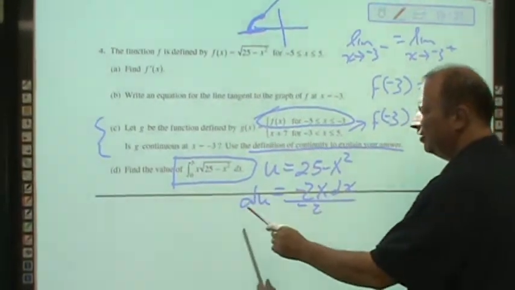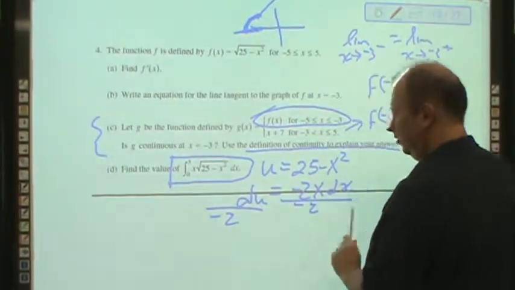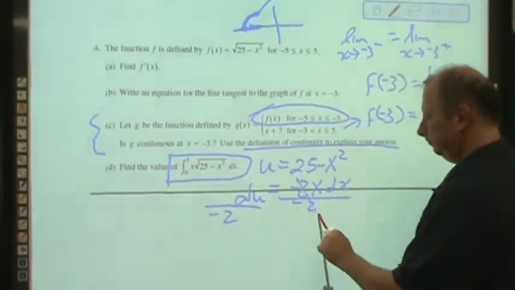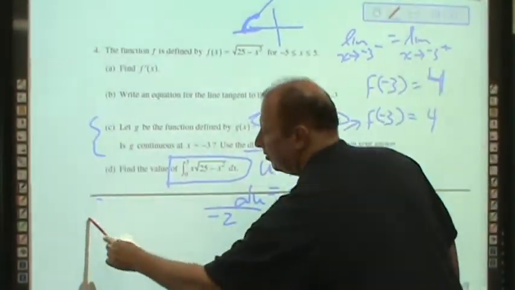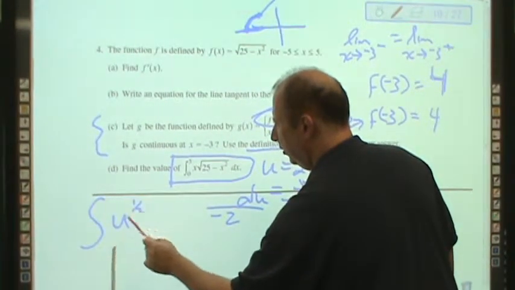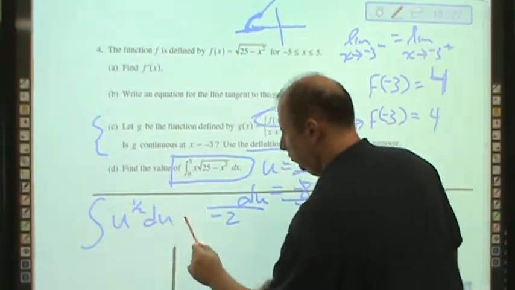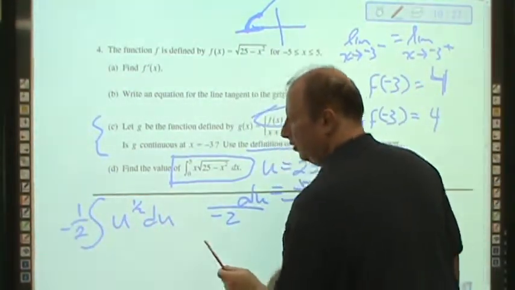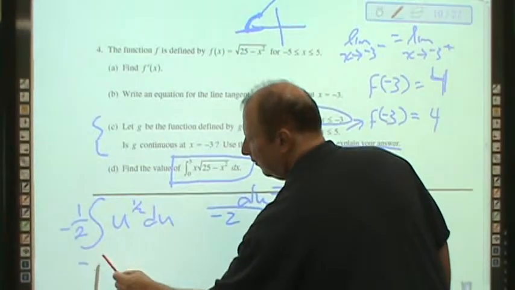Divide both sides by negative 2, and we're left with the integral of u to the 1/2 power du, don't forget the negative 1/2, which then gives you negative 1/2